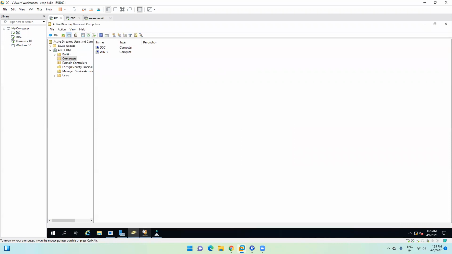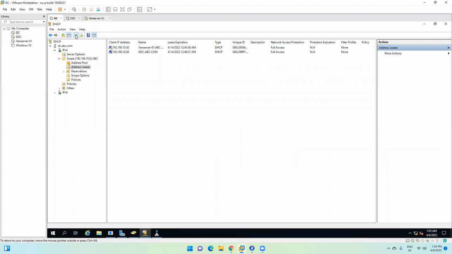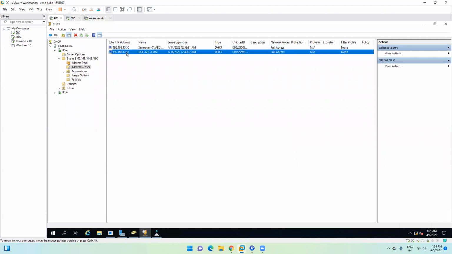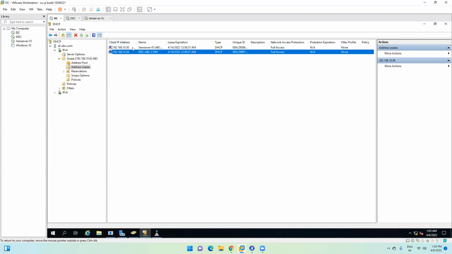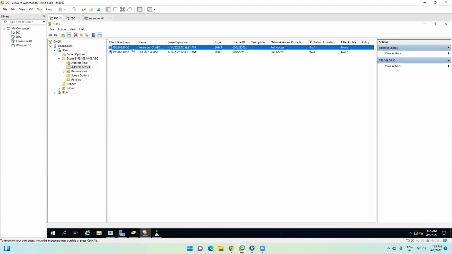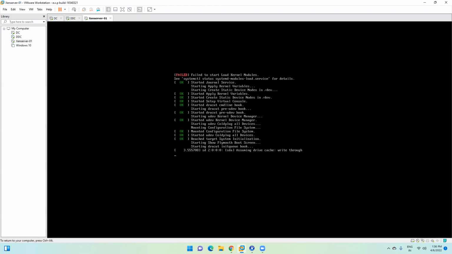Now coming to the DHCP scope. As you can see, our DDC is getting an IP address, which is 10.56, from that particular DHCP scope, and the server 1 IP address is 10.50. In a real environment for servers, we always prefer the static IP address, but in a test lab, we can use the DHCP scope for servers as well. Fine. So let's wait for this